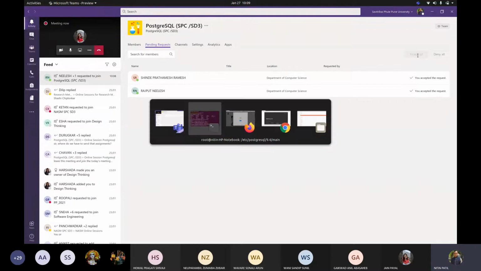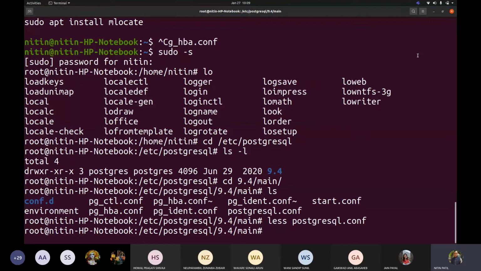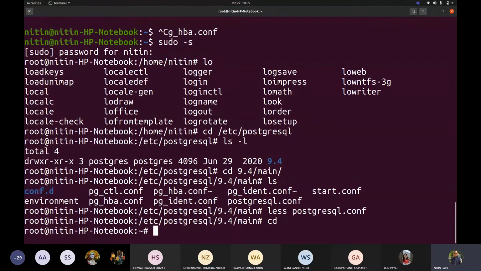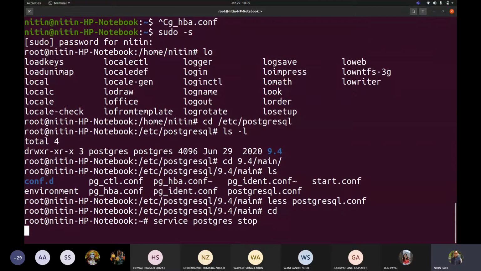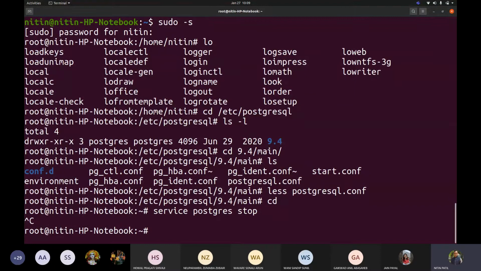Because whenever I am writing, say for example, I am following this. If I fire this, you can completely verify whether you want to really work with it.